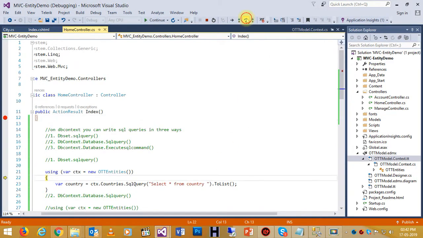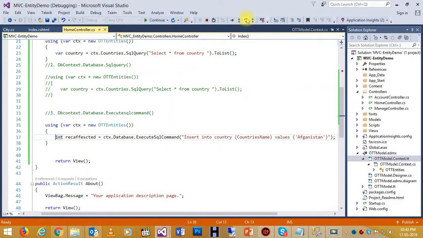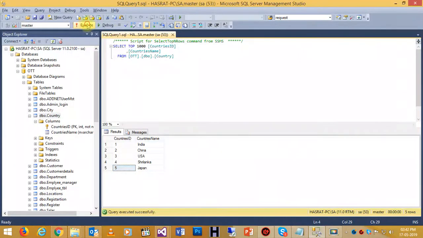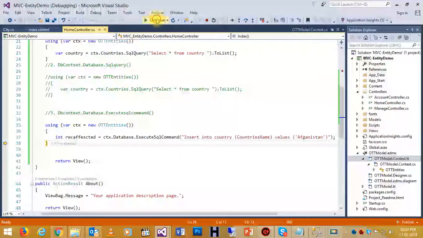Yeah. Just step over. This time it should work. Yes. So it is done. Now just go to the database and check it out. Yeah, it's coming. 1002 Afghanistan. So it got inserted. So guys, basically these are the ways